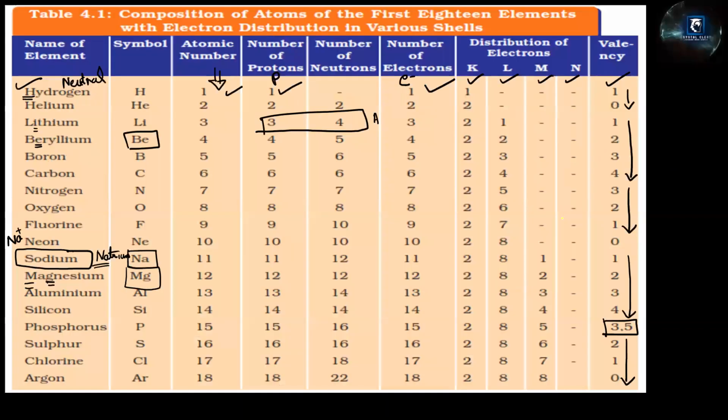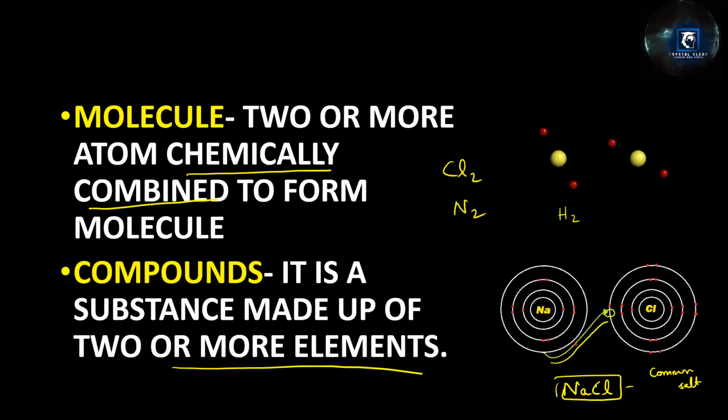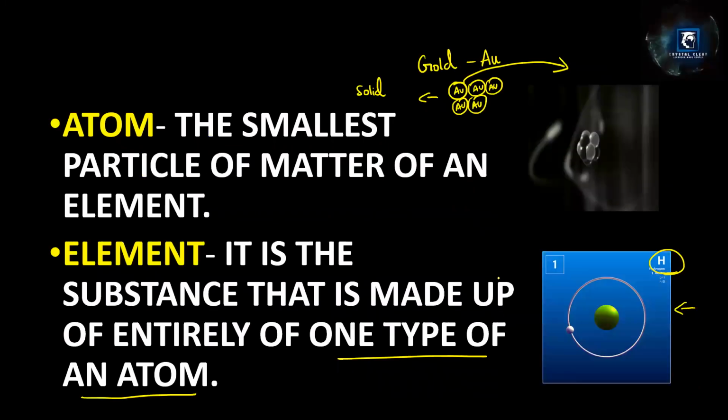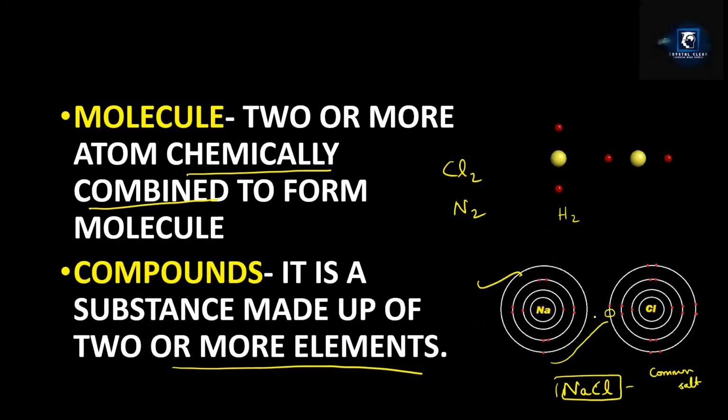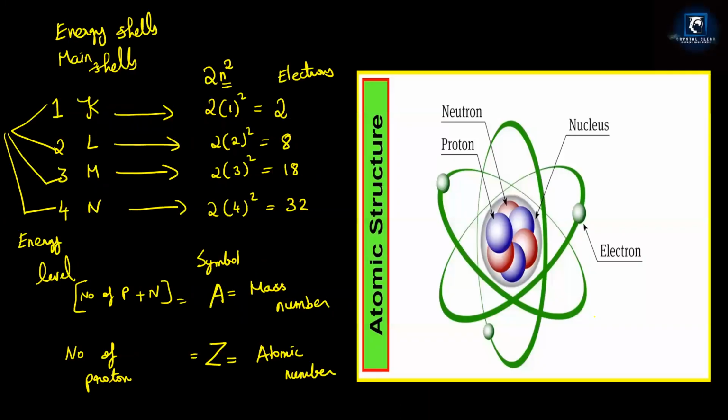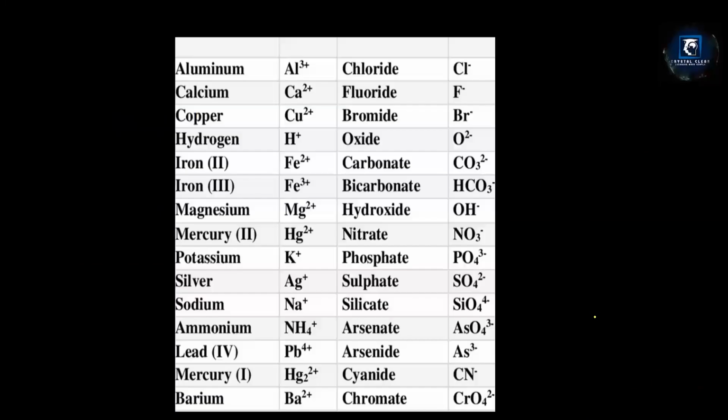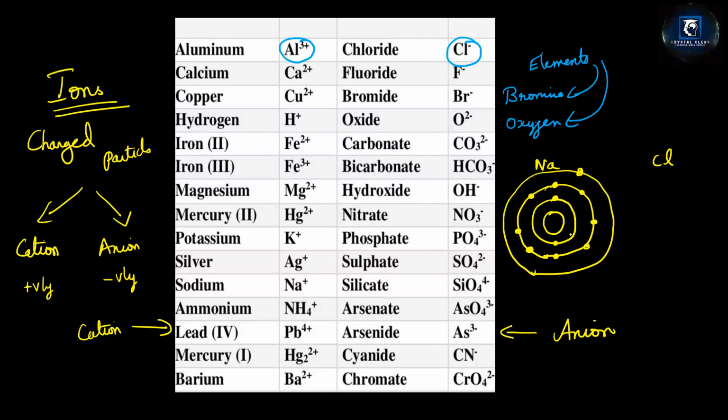Okay, already in one slide I showed you the structure. Can you see the structure here? Sodium and chlorine, and even here you can see the shell. That shell is nothing but the energy shell, right? So how many energy shells? K, L, M. 3 energy shells are there. The outermost shell we call the valence shell. Okay, depending upon the combining capacity it gives the valency. And this shell is very much responsible for giving the valency.